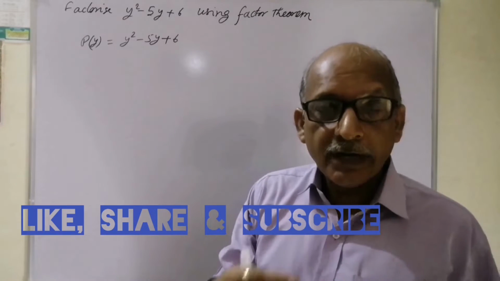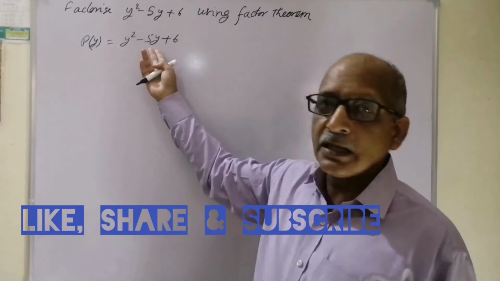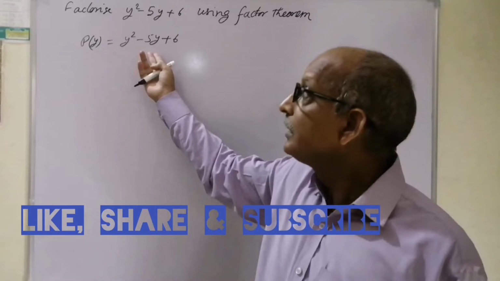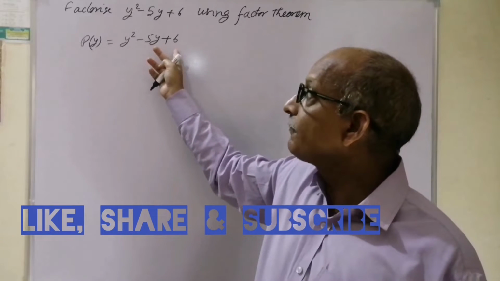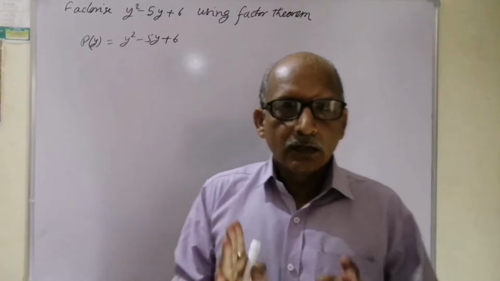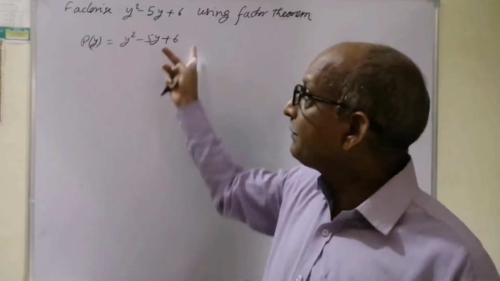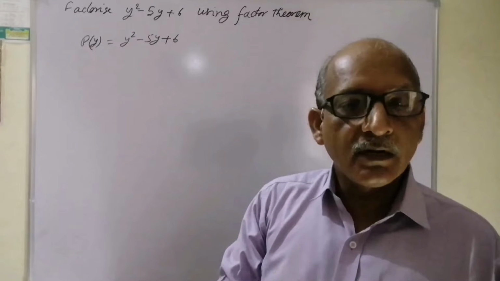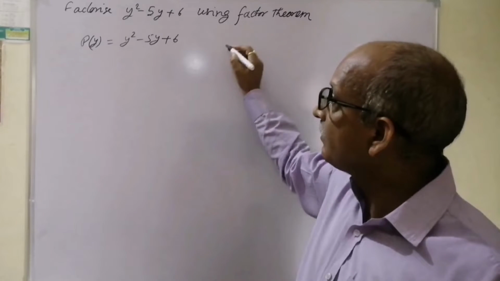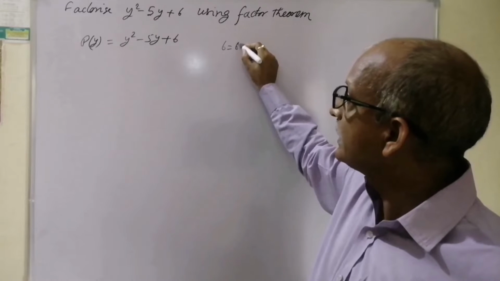Next step is we have to select factors of 6 such that the middle term will be either the sum of the two factors of 6 or the difference. Here that will be the sum, because the product of the constant term and the coefficient of x square is positive. When the product is positive, we take the middle term as the sum. When the product is negative, we take the middle term as the difference of two of the factors. So let's see. Here 6 is the number got by multiplication. So 6 can be written as 6 into 1.